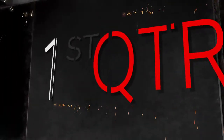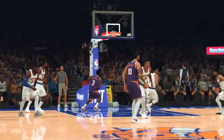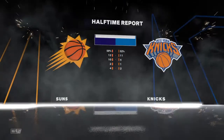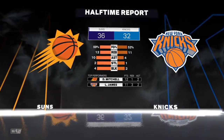Hello, basketball fans. What a pleasure it is for the Suns. The first quarter was pretty even. And in one stretch there, they were up by 6. They gained a little ground there in the second quarter. Kenny, let's start with you. What do you think about the Suns? Well, if you compare the assist numbers, you can see who's been the superior team. And they're playing a much better brand of...